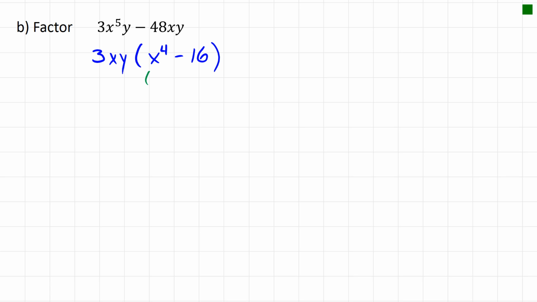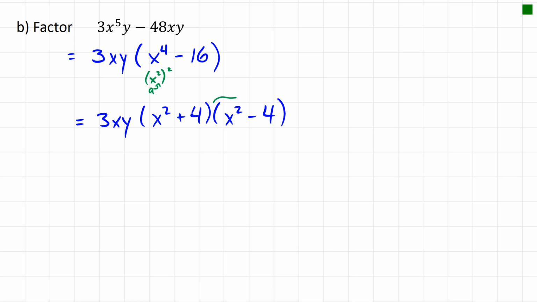If you don't recognize it right away, x to the power of 4 is x squared, squared. So my a would be equal to x squared in this difference of squares. So I'll go ahead and factor this as a difference of squares with a as x squared and b as 4. So it'd be x squared plus 4 times x squared minus 4. And at this point, in many examples, we'd be done. But if you look carefully here,